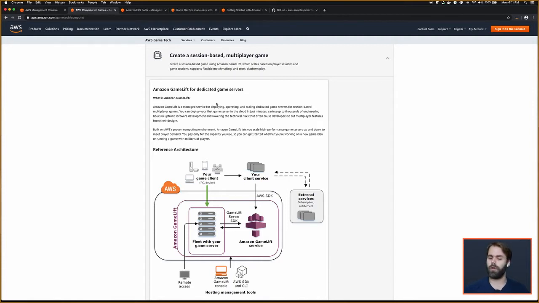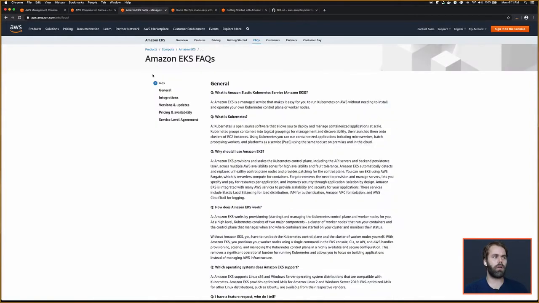So, we've done some reading around. We decided that we're going to land upon EKS, or the Elastic Kubernetes Service, which is going to be the containerization platform that we're going to be looking at. So to get an understanding of what that service is at a high level, we're going to take a look at the FAQ. I would generally recommend